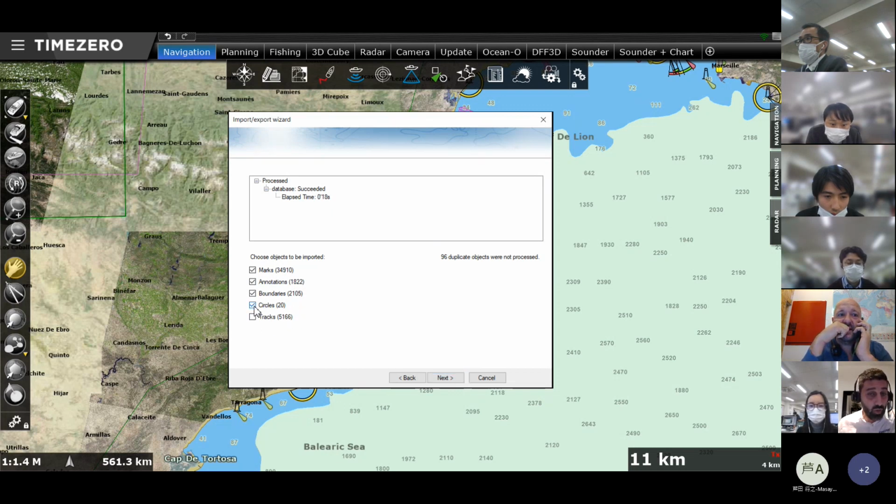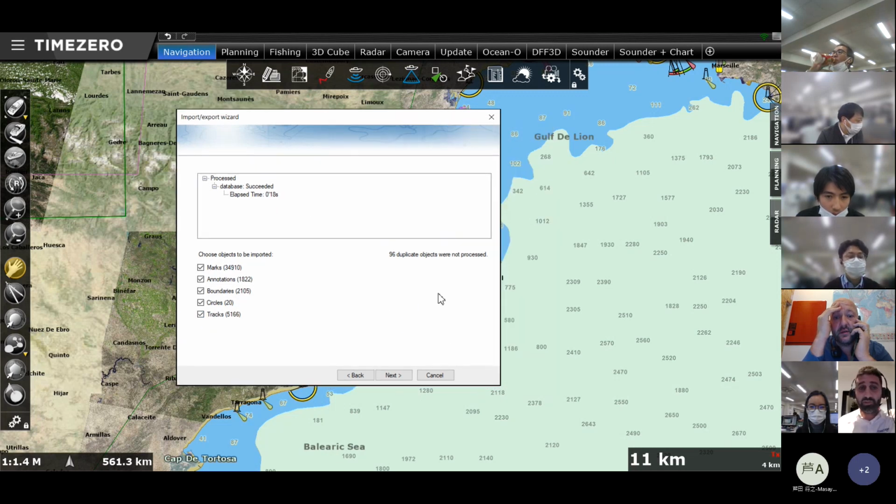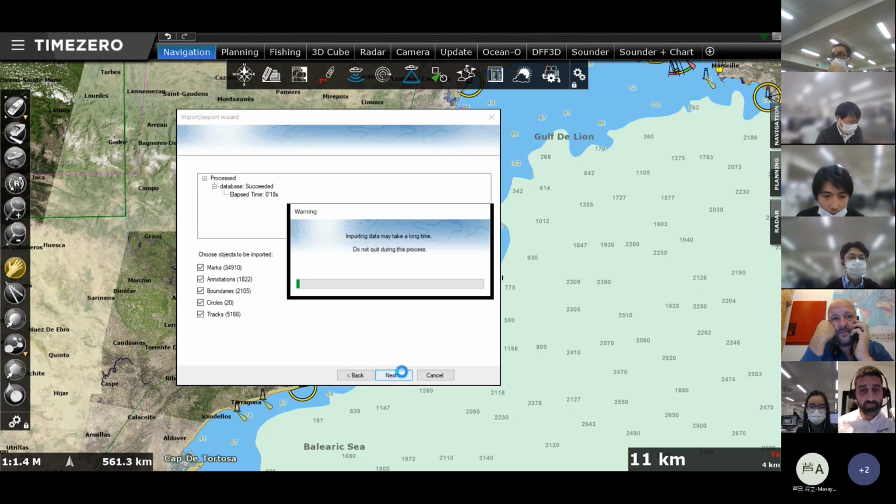And you can see that when I import, I can choose to select what data I would like to import. Do I want to import everything or only maybe the marks? So you can do that very easily during the import process. Now that you are happy with the database that you would like to import, click on next.